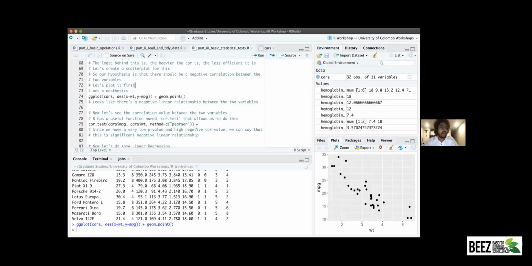Right? So R also has very useful functions for it. For the people who took statistics or biostatistics or who are statistical majors, I'm sure that they know about Pearson correlation. Pearson correlation is named after the statistician Carl Pearson. So in that one you are basically giving it two values and you are asking it whether it is